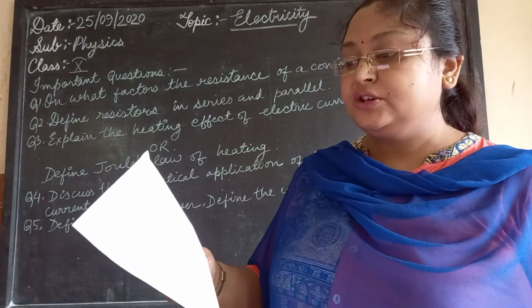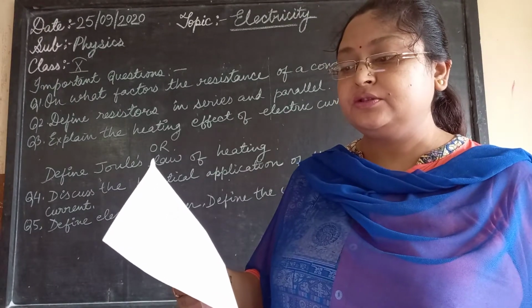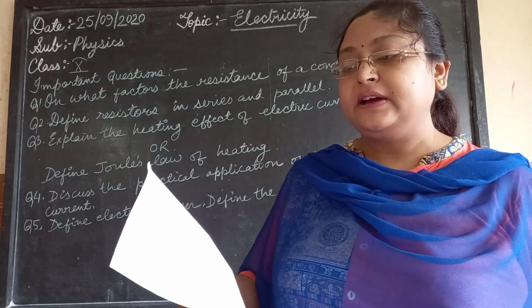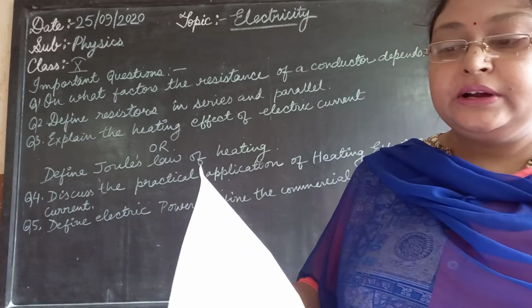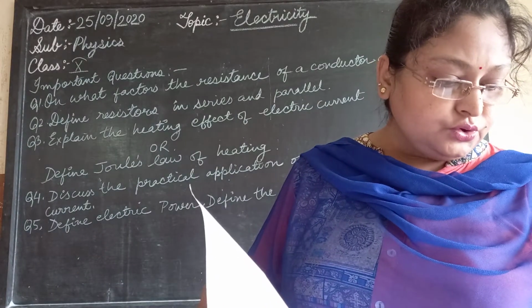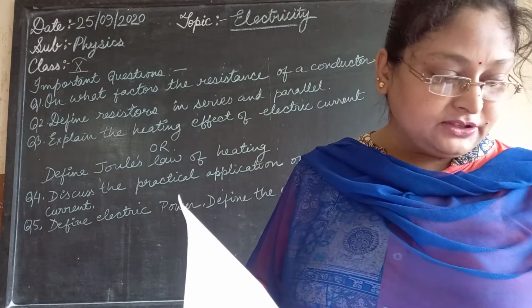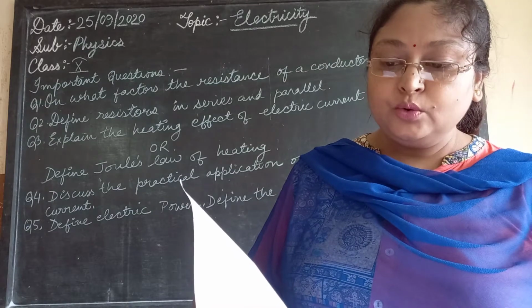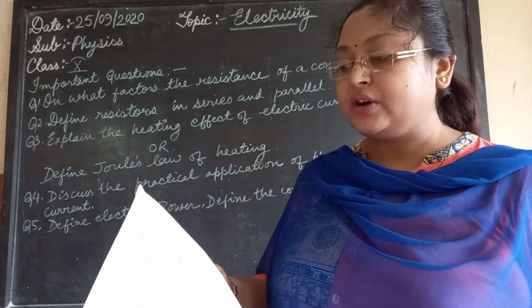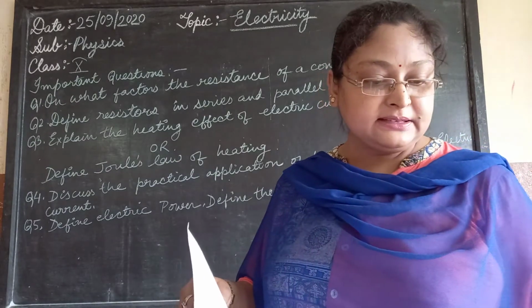What do you mean by potential difference? You can define the potential difference by the electrical cell, or you can define the potential difference by the formula also. So if you include 2 things, that will be the best option for you. Define Ohm's law, that is ohmic resistance, V is equal to IR. Draw the graph and explain the property itself.